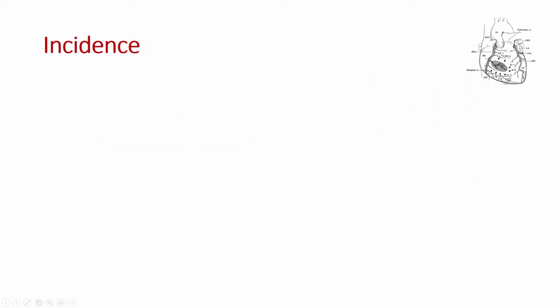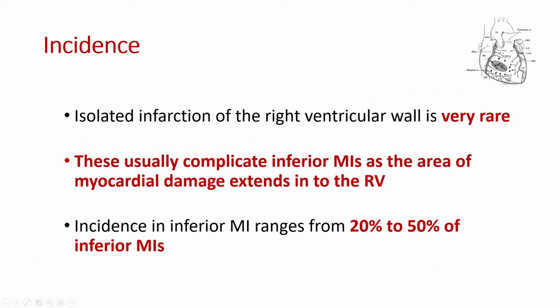Now, these complicate up to 20 to 50% of patients with inferior MI. Isolated infarction of the right ventricular wall is very, very rare. It's something around 1 to 3% of acute AMIs. But right ventricular wall involvement usually complicates inferior MIs as the area of myocardial damage extends beyond the inferior area into the right ventricle. Now, that's, like I say, estimated at something like 20 to 50% of inferior MIs,